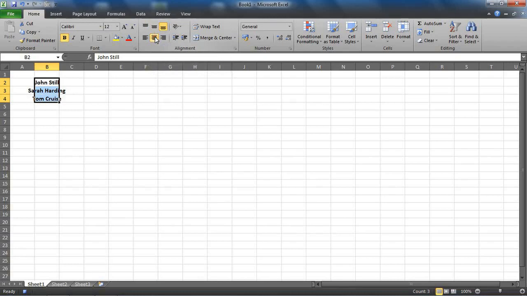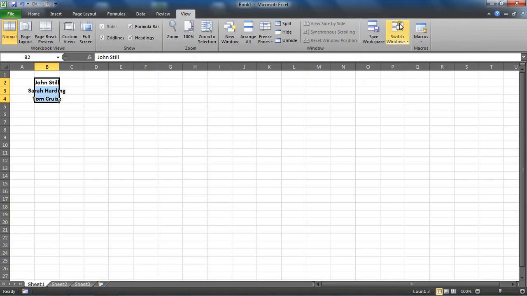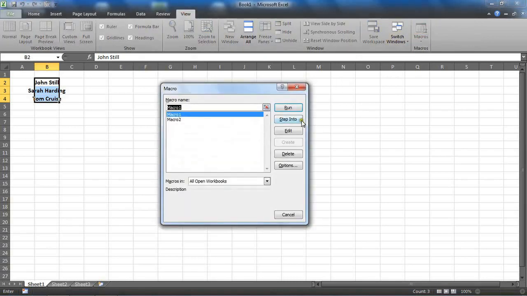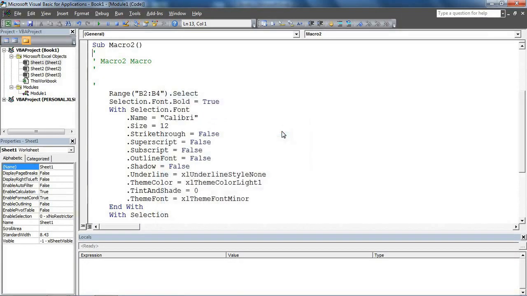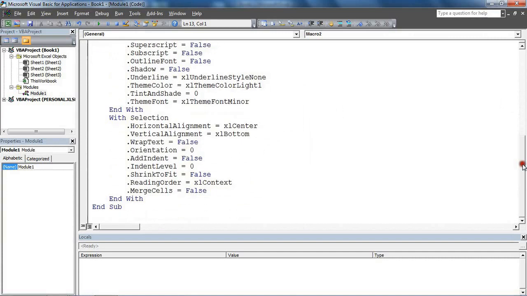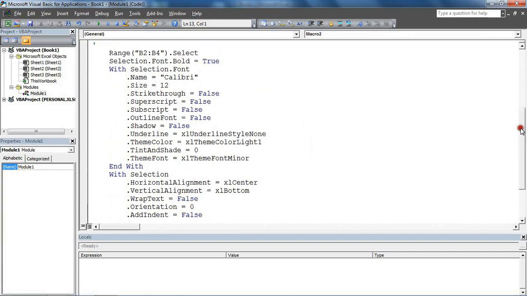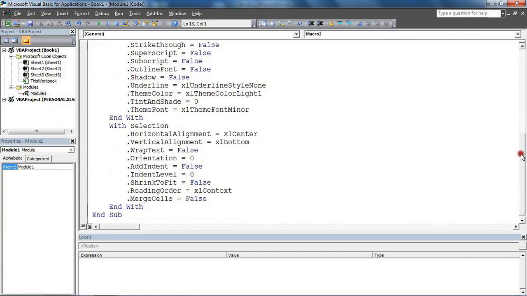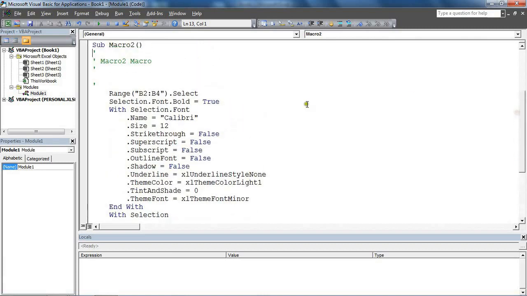Okay, I'll stop that recording and we'll go and have a look at what our code looks like. Macro 2 and edit, and this is what we get with uses of dialog boxes. Notice how much code we've got now, but in all of that I've got the initial selection of them 3